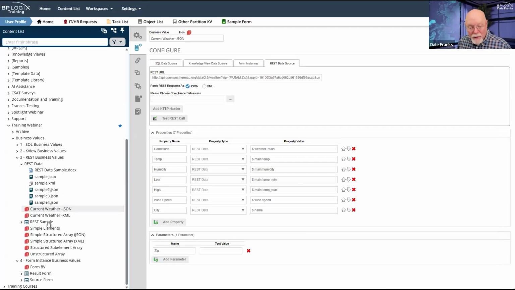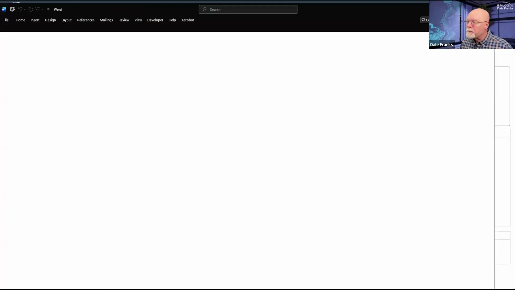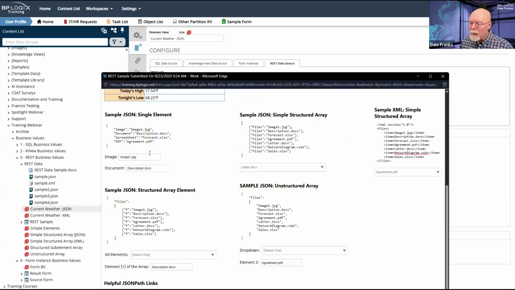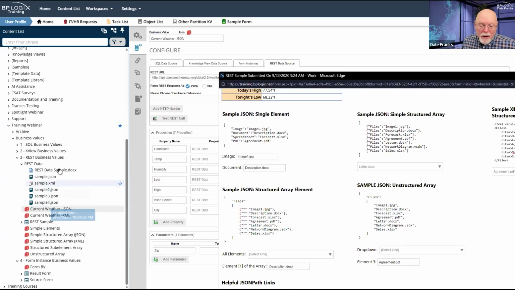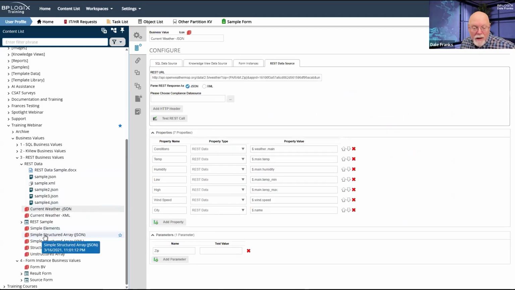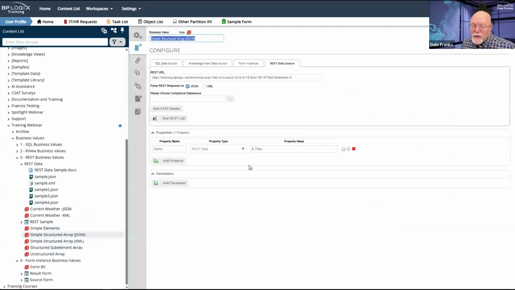Now, I have some examples of that off of the form. So go back to our form. I have these 4 examples: single element, simple structured array, etc. I've got the XML or the JSON here in these files, and I've also got the different business values that would actually pull that data. So with this particular method, it is $dot dot files.